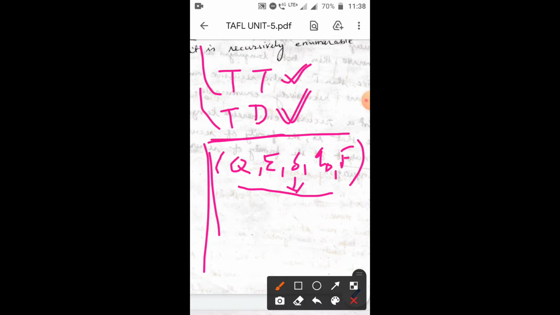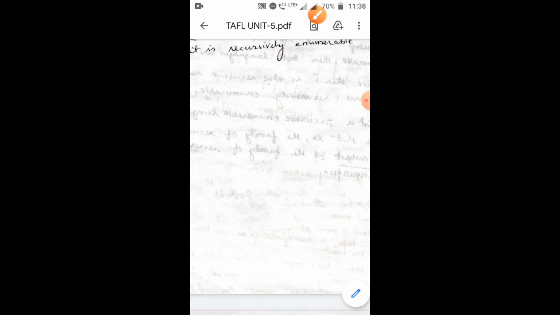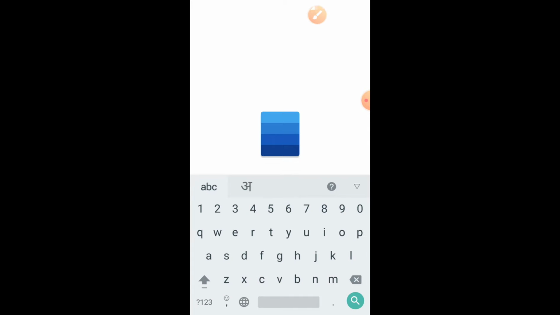Next, we have learned about acceptance of strings, or what is the way to know which one is the valid string or which one is the invalid string. In this, the concept used is reachability of final states after accepting characters one by one, from the first character to the last character of the input string. If a final state is reachable, then definitely the string is valid, otherwise invalid.